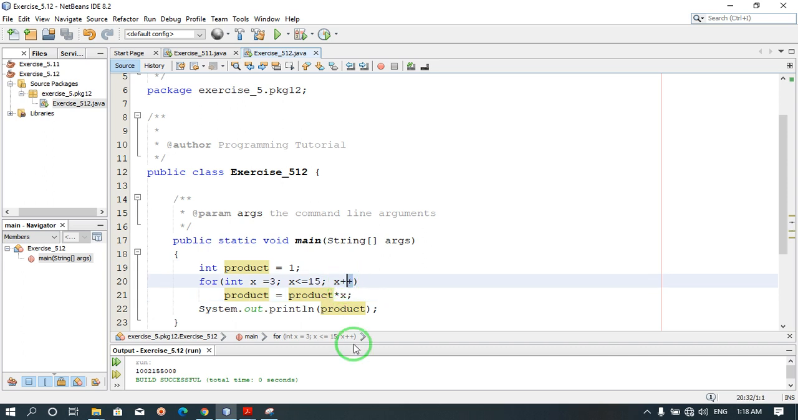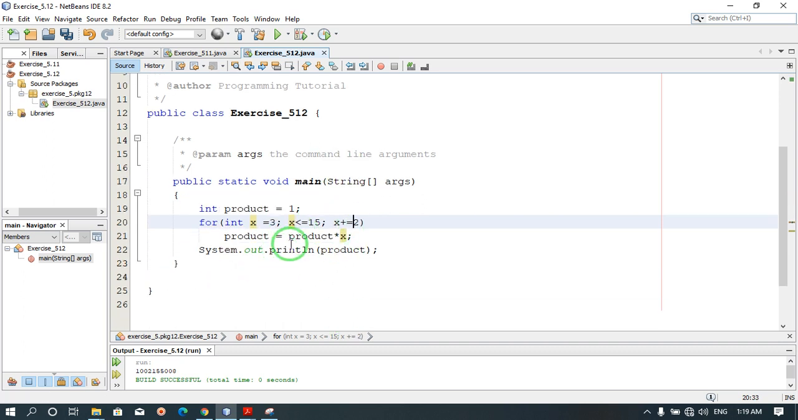So let's do it plus 2. x plus equal to 2. Now it will multiply the odd numbers. So let's check it again. Now this is the answer